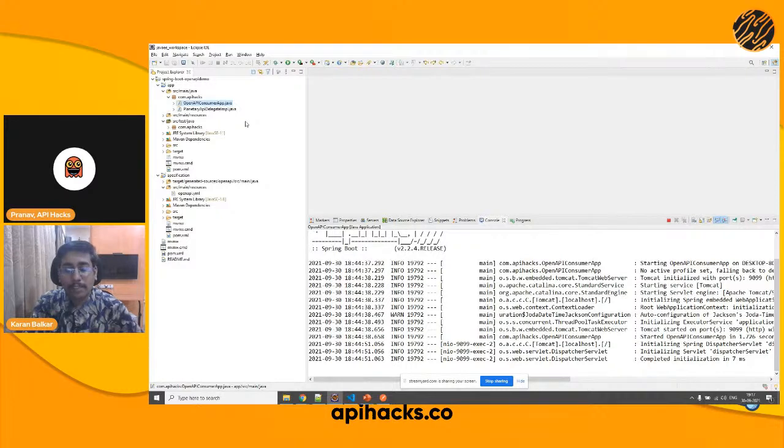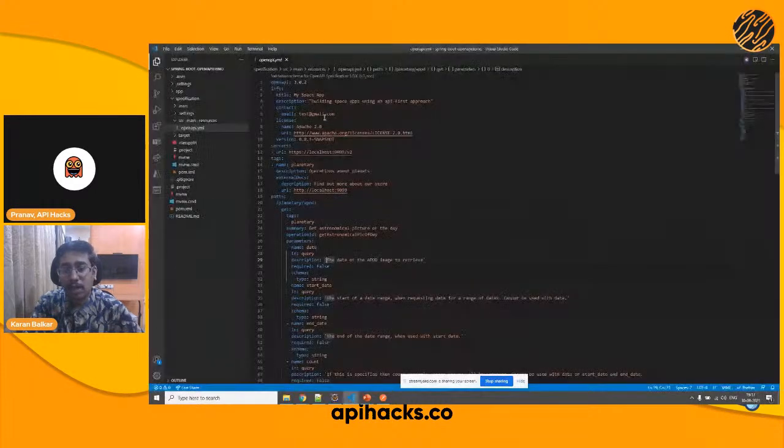The first step would be to write our API specification, right? Here is where I have actually used the OpenAPI specification to write my contract. This is basically a simple YML file.